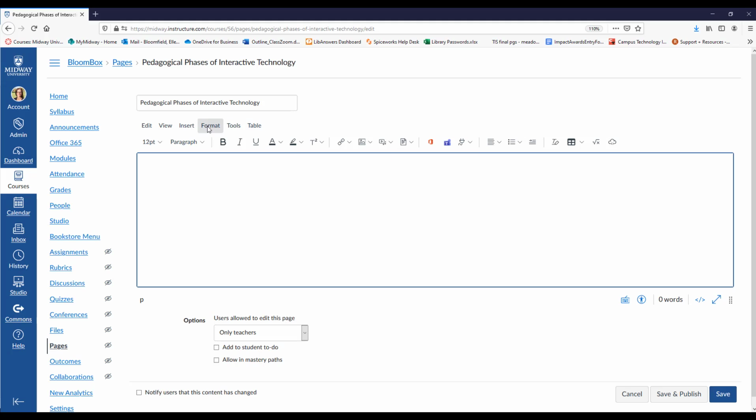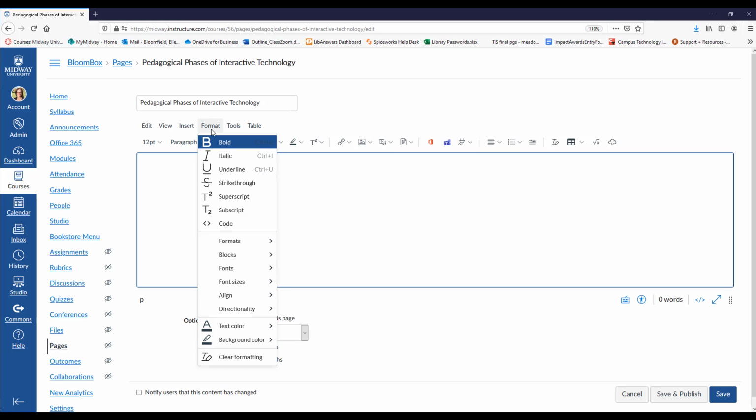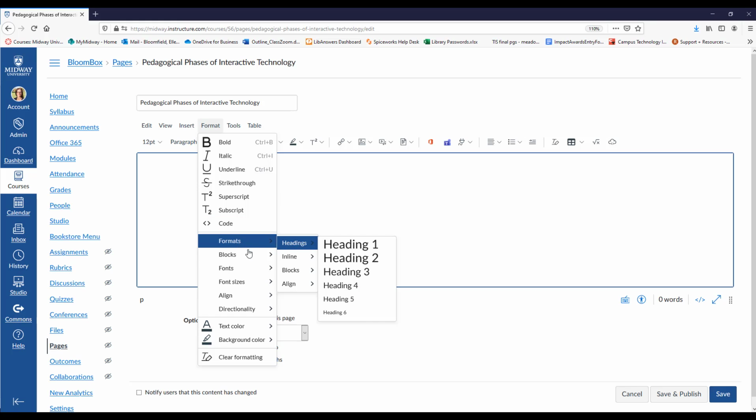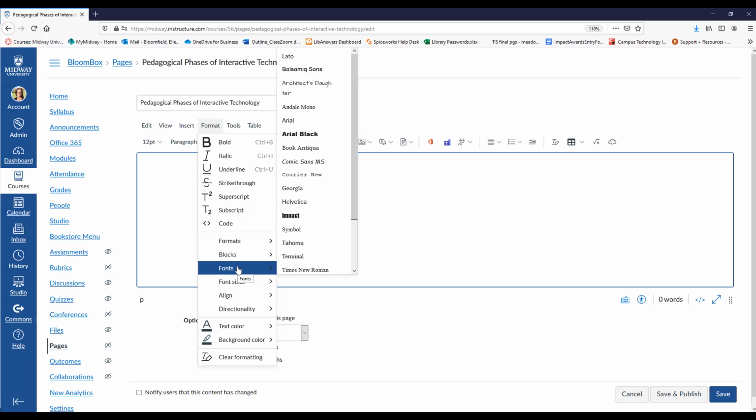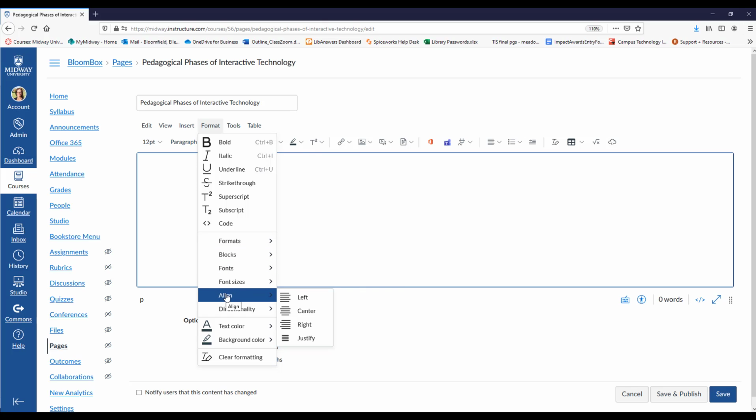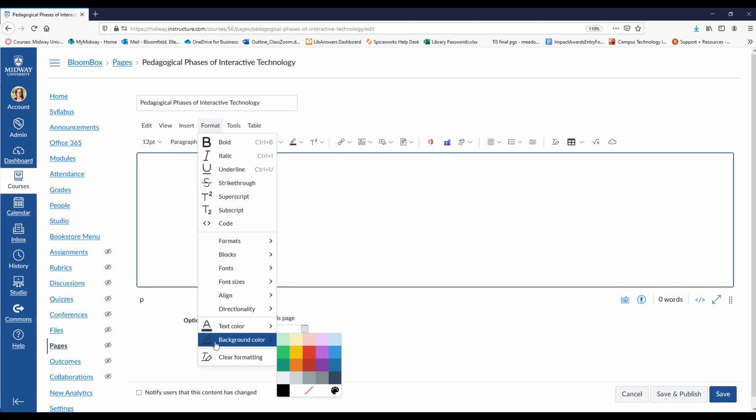The Format menu, you can format your text like you do with any Word editor. You have bold, italics, and all of these right here. If you want to get into adding code to add some depth to your page, you can do that here. You can format your headings, blocks of headings, fonts, sizes, alignment, what direction they're going, text color, background color, and